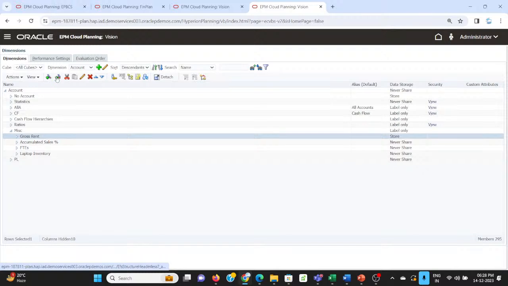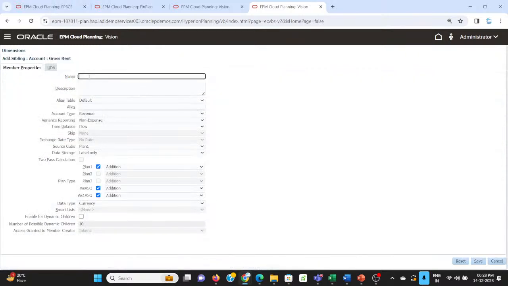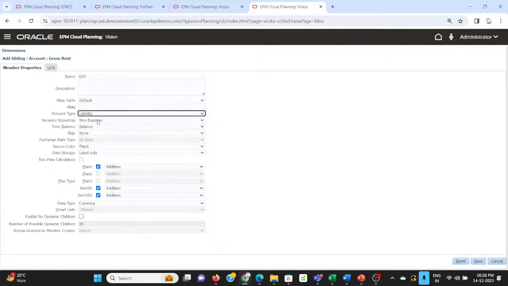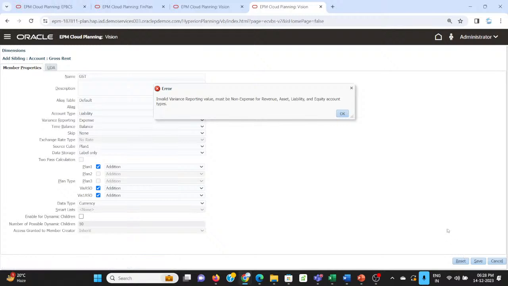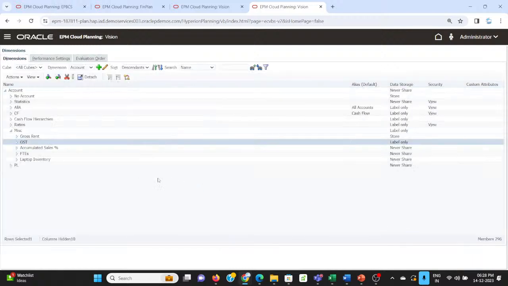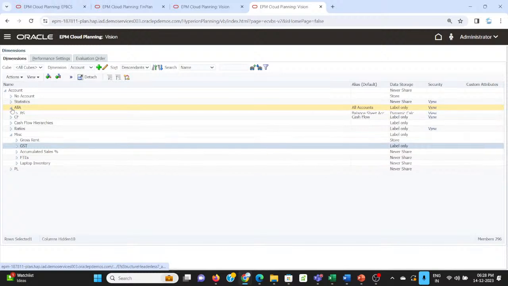Similarly, here I would create another member as GST. It is a tax, so it is a liability expense. Again, data type would be currency, and save. Okay, save. Now in our P&L